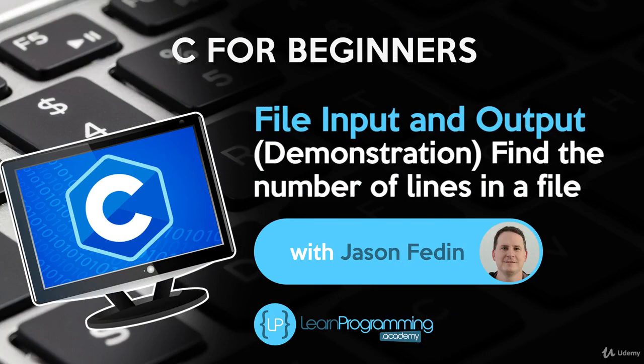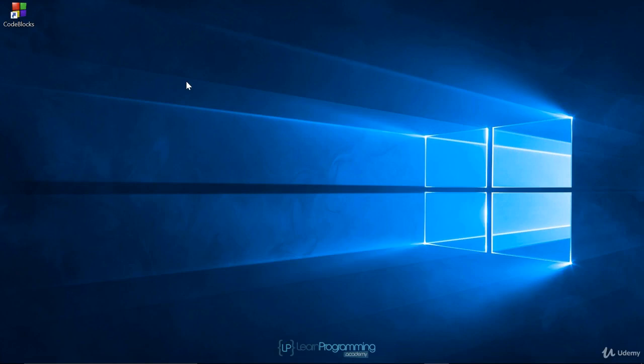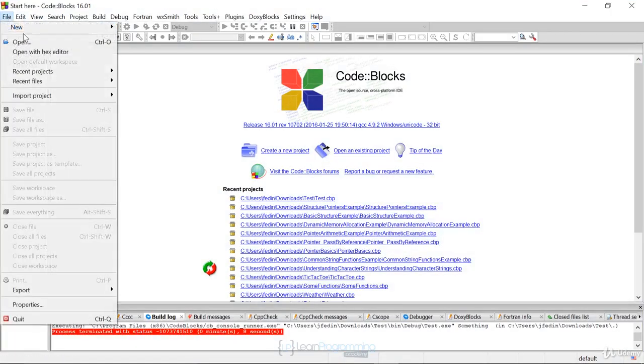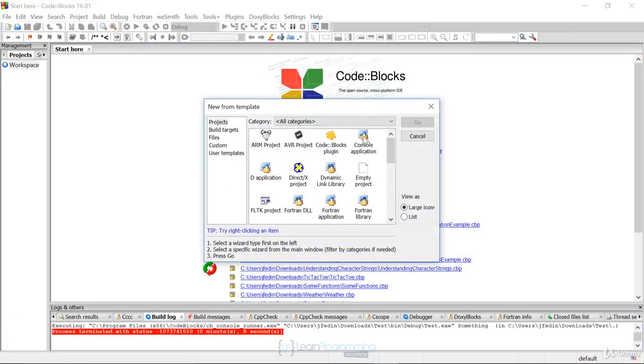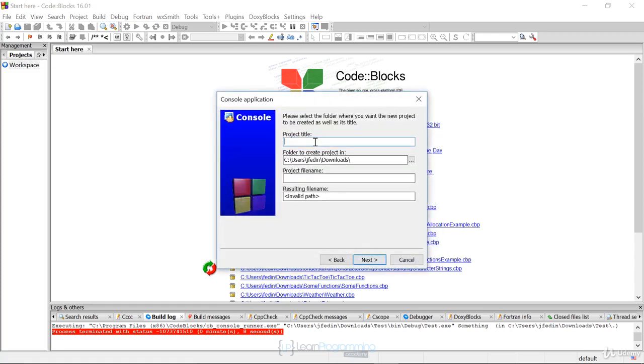Hello and welcome back. In this lecture I want to provide a demonstration of our first challenge for reading from a file. We're going to count the number of lines inside of a file by using fgetc. So let's bring up Code::Blocks and create our project. Here we're just going to say new project, console application, select C, and we'll name this